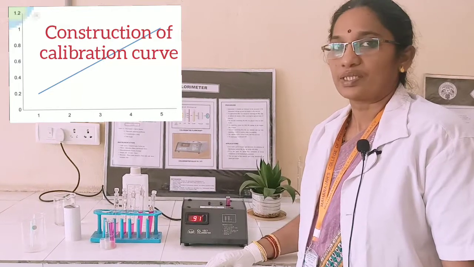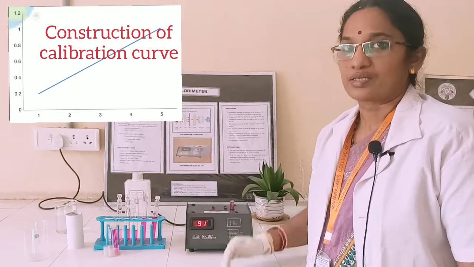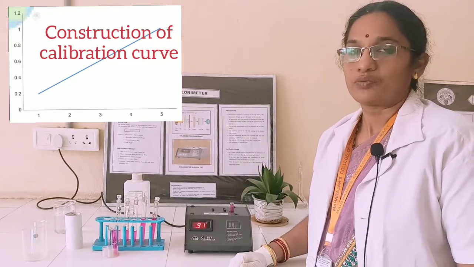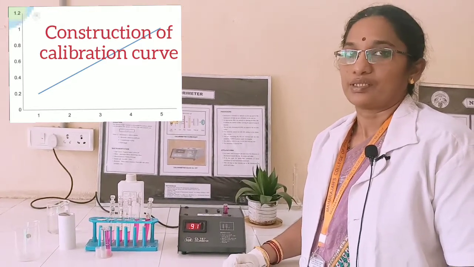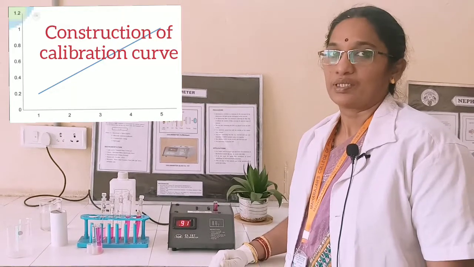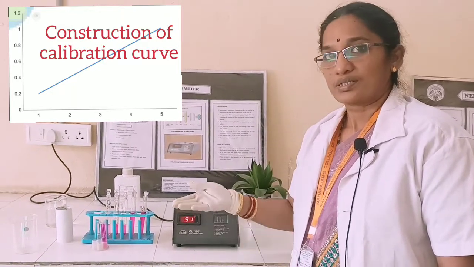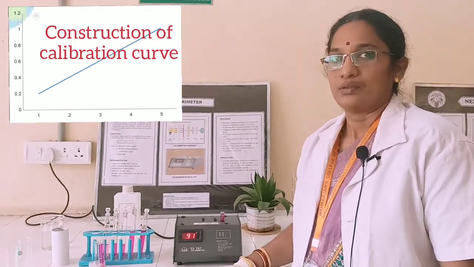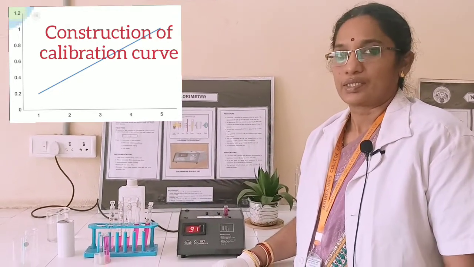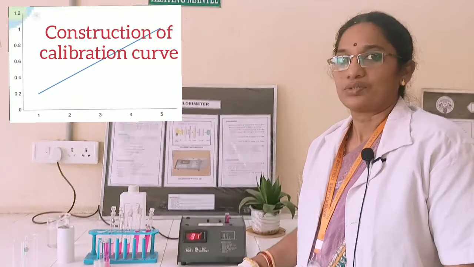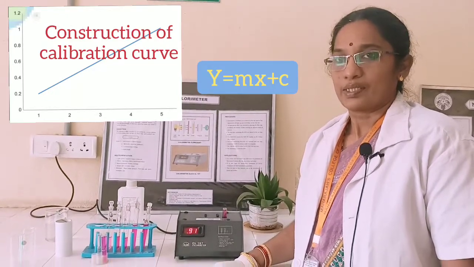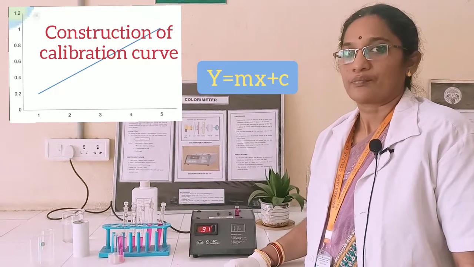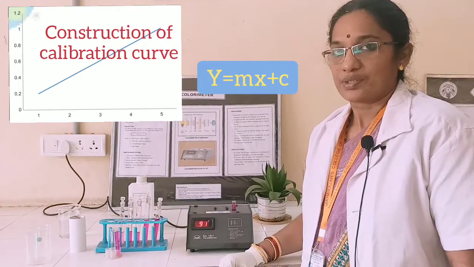We will be observing that as the concentration increases, the absorbance value also increases proportionately. So now we will be constructing a curve that is called a calibration curve, taking concentration on x-axis and absorbances on y-axis. We get a linear curve and a straight line passing through the 0 and following the regression equation, that is y equal to mx plus c. This is termed as the calibration curve.